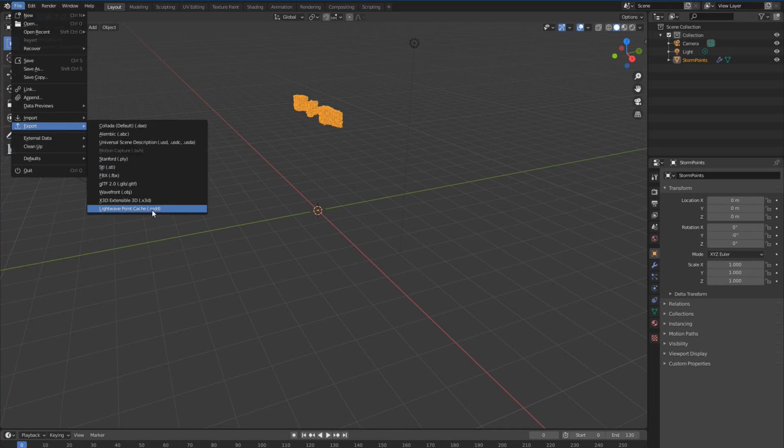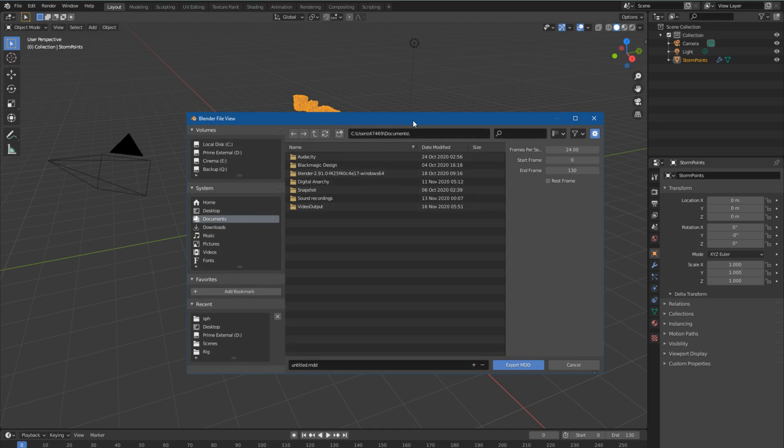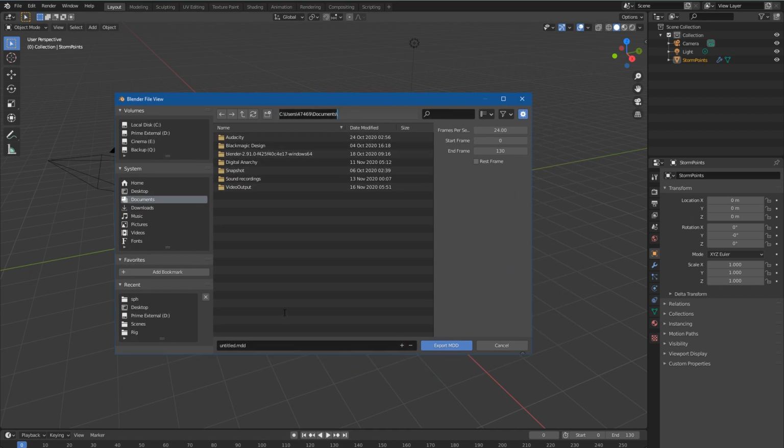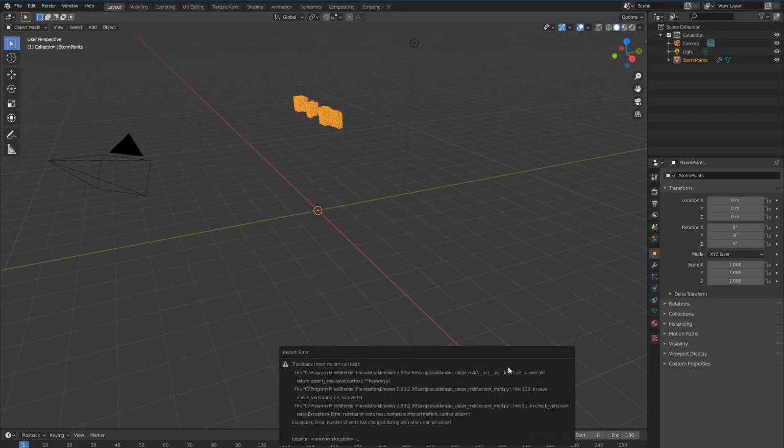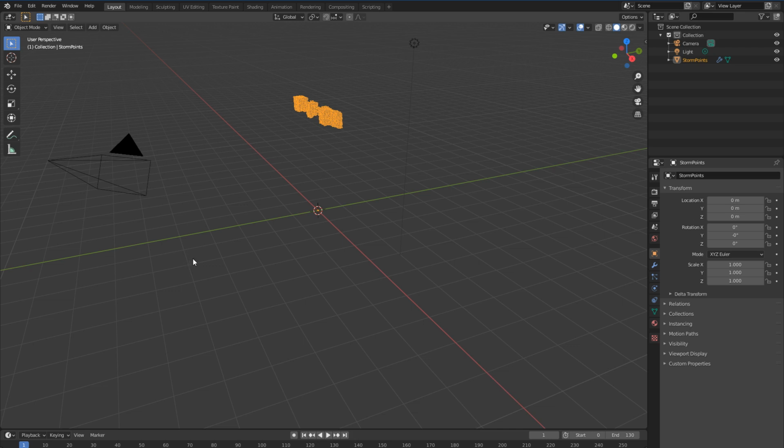Interesting thing is, can I really export a point cache file? MDD? Seems a bit strange, perhaps. No, it won't cut it. It won't do it. So why? I don't know. Anyways, so let's do what I was